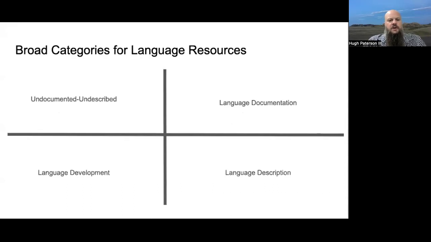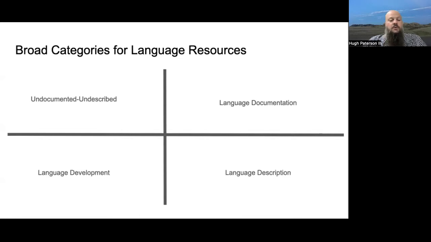I want to start off the conversation today thinking about broad categories for language resources. Broadly, I think in our field of language documentation and linguistics and language development, we can agree that there are undocumented, undescribed languages, or underdocumented and underdescribed languages. There are materials that are produced about a language in the context of language documentation. There are additional materials that are produced in the context of language description. Maybe those are grammars or more technical resources. And then there are